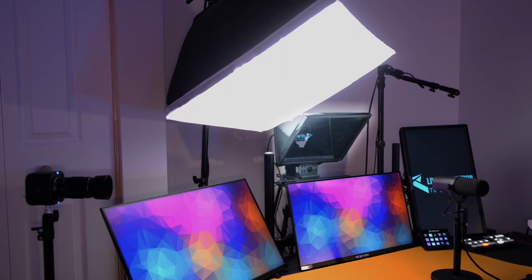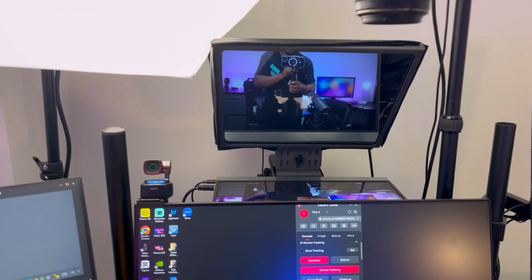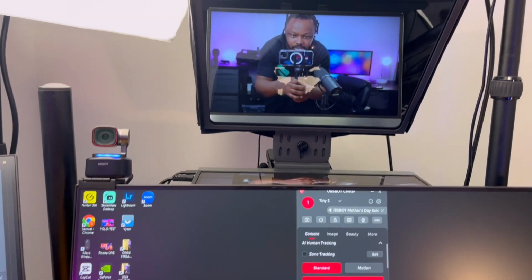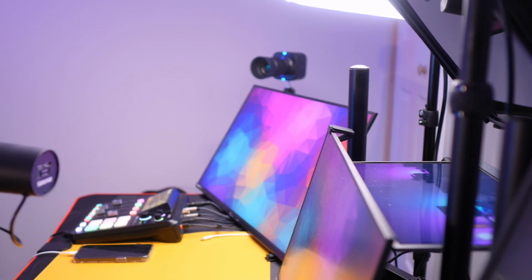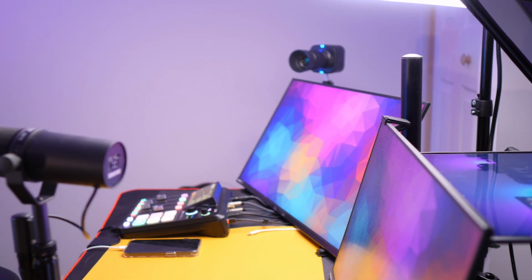Right now, I already have a prompter that's kind of not cool. I don't like it because, first, it's big. I like it because it's big, but the screen that I use doesn't give me a way to flip, especially when you're reading a script or doing other stuff. When I send YouTube videos or react to videos, if I send them to that prompter, it doesn't give me what I want. So to get a good prompter that will actually do exactly what a teleprompter is supposed to do, the best one on the market was the Elgato prompter, the previous version,